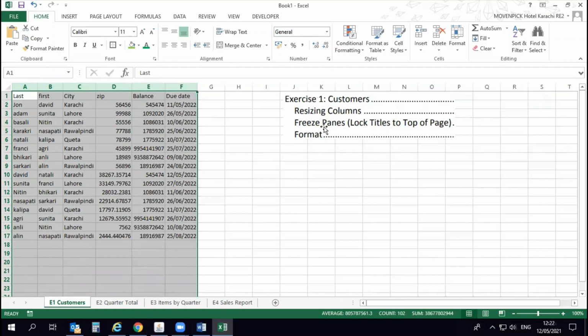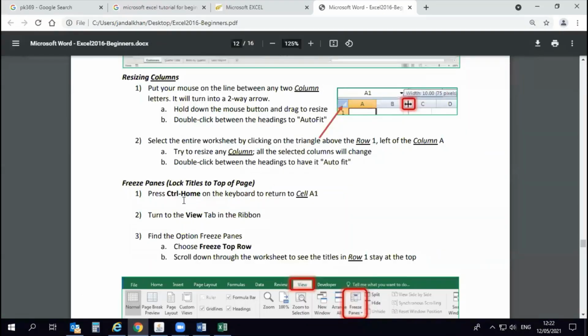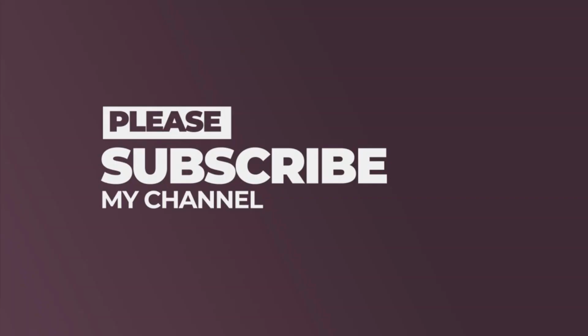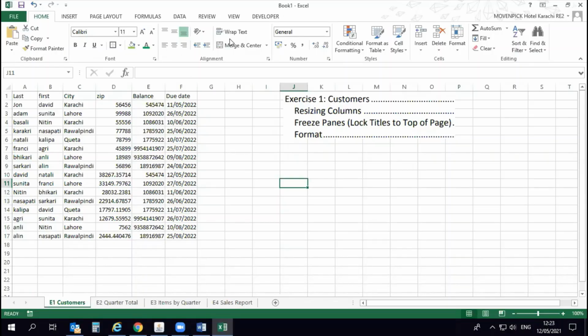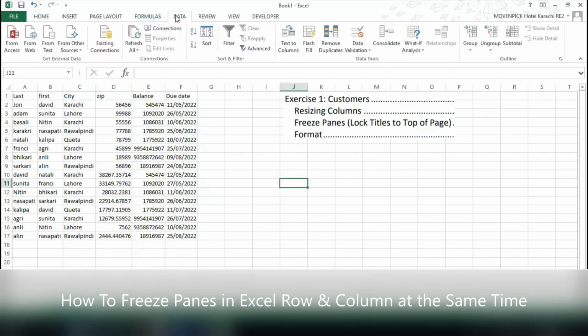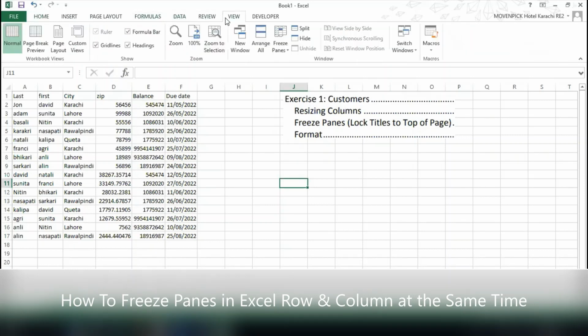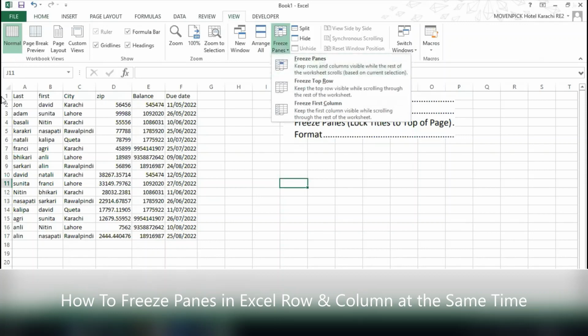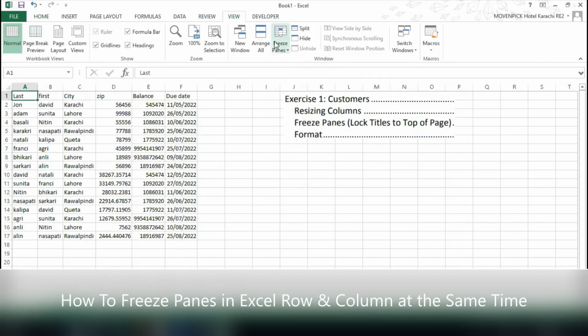The second thing we will discuss is the freeze panel. Freeze panel is to lock the title at the top of the page. So for freezing we just need to go to the view option. Here we have the freeze panel. Once we select the first row, we will have the freeze option over here,